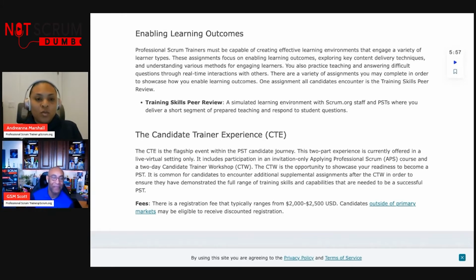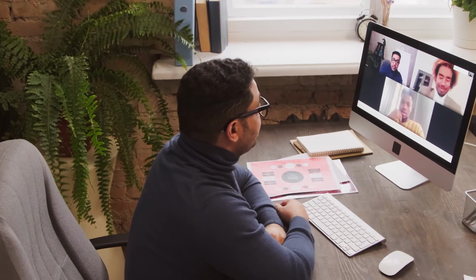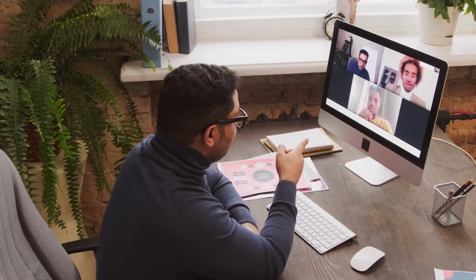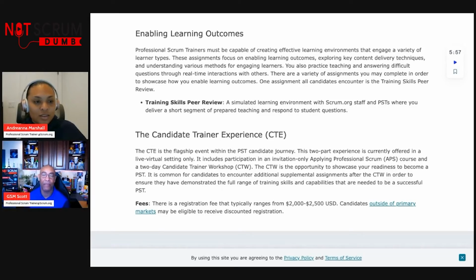So, one, when you go into the APS course, be a student, ask questions, be actively involved, participate in the activities, be engaged no matter where you're at in the process. Be engaged because I believe you're also evaluated as a student. How much of a learner are you? Are you a sponge? Are you willing to grow and learn something new? And trust me, you are going to learn something new, even in a class that's a basic level like this. Even though this class is foundational level,